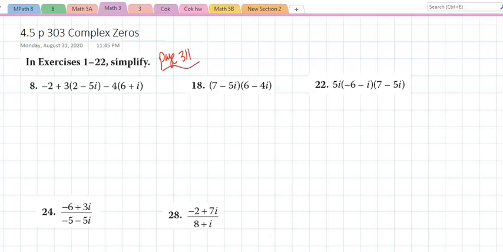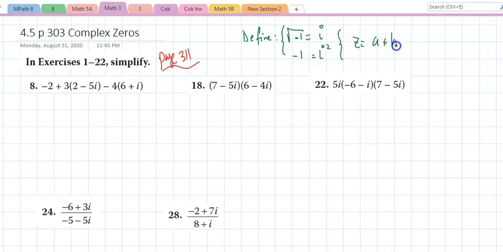Last section of chapter 4, section 4.5, page 303, talks about complex zeros. So here we define the square root of -1 to equal i, and if you square both sides, you get -1. And that's basically it. All you have to do, wherever you see a square root with a -1 underneath, put an i, and wherever you see an i squared, replace it by a -1, and a complex number is of the form z